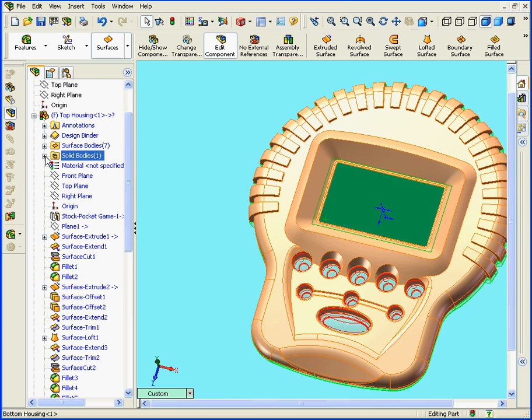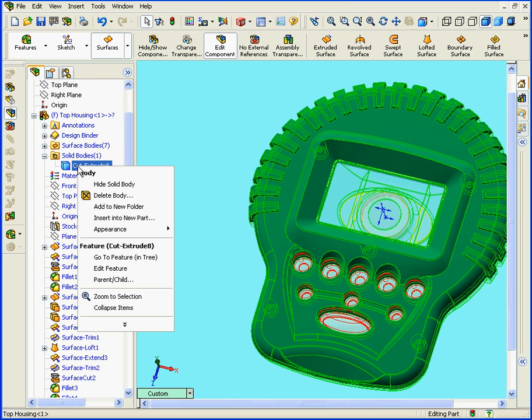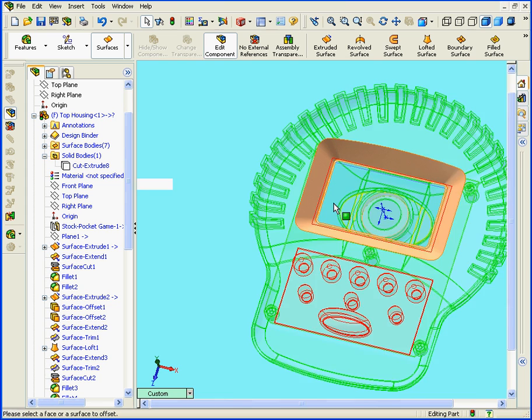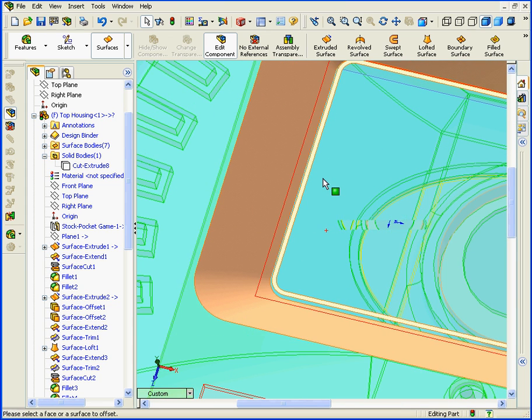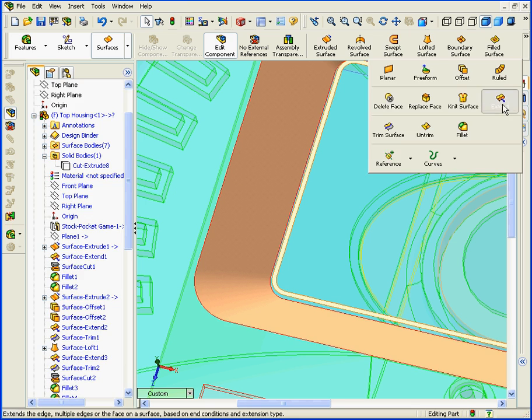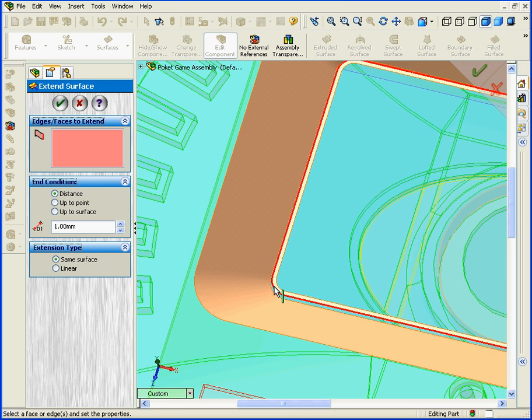All right, let's hide our solid body. Expand the solid bodies folder, right-click, and hide. Next, we'll need to extend this surface. Activate the Extend tool. Click on this edge. Under End Condition, choose Up to Surface. Now we select the surface to which we'll extend,